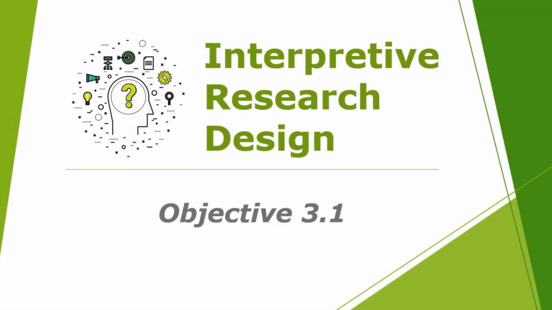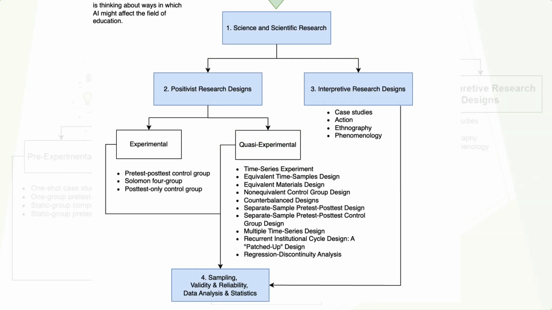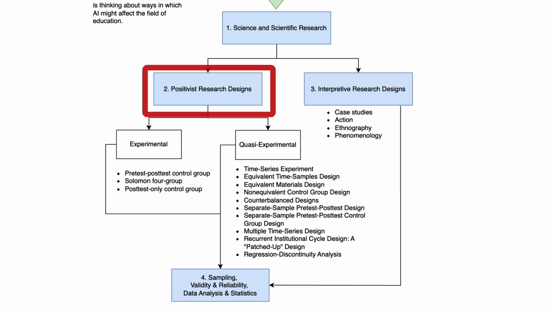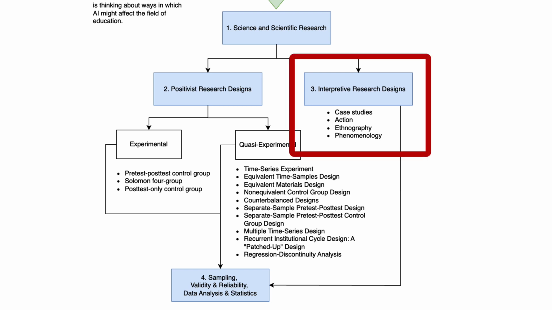The information and examples included in this summary presentation are designed to support the learning of Course Objective 3.1, which addresses interpretive research design. Remember that positivism holds that science or knowledge creation should be restricted to what can be observed and measured. Positivism tends to rely exclusively on theories that can be directly tested. However, interpretivism, also known as anti-positivism, proposes that the social realm cannot be studied with the scientific method of investigation